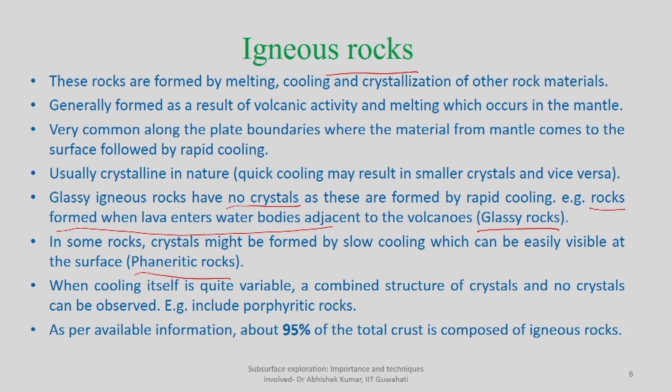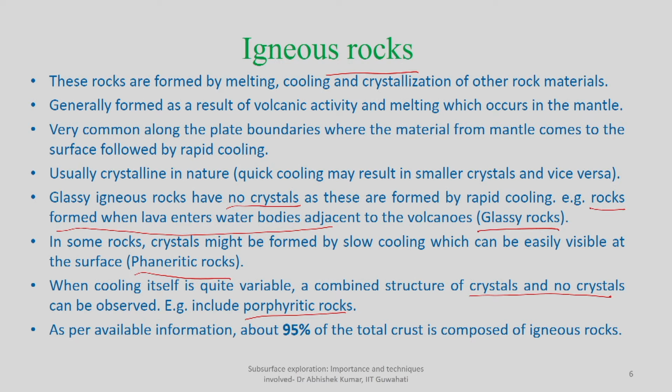Then, when the cooling itself is quite variable, you can say for some time it was too quick, for some time it is too slow, or maybe a certain portion of molten material is exposed to very quick cooling and a certain portion is exposed to very slow cooling. It will be a combination of whether it is a crystal, and if it is a crystal, whether it is a coarse crystal or a fine crystal, or there is no crystal at all. Depending upon whether some is getting cooled by a water body and some by air, and again depending upon the temperature of air in the surrounding area, it can go for even crystal, coarse crystal or fine crystal. An example given is porphyritic rocks.